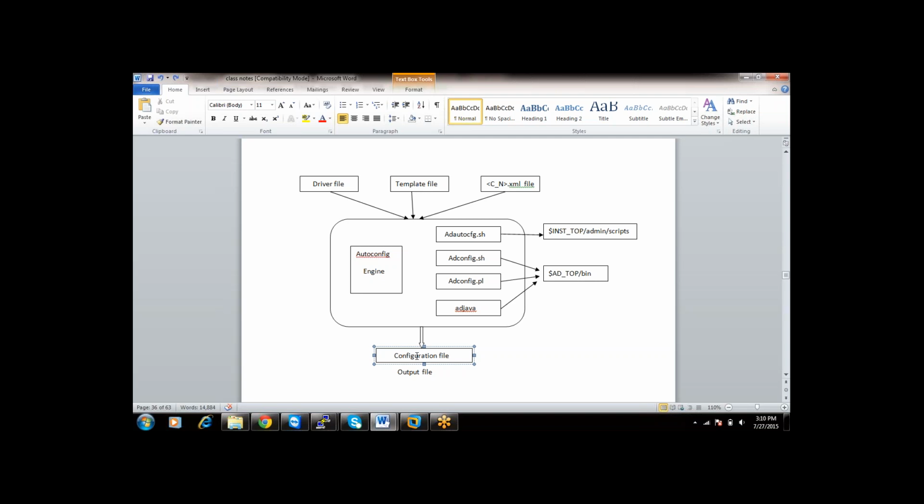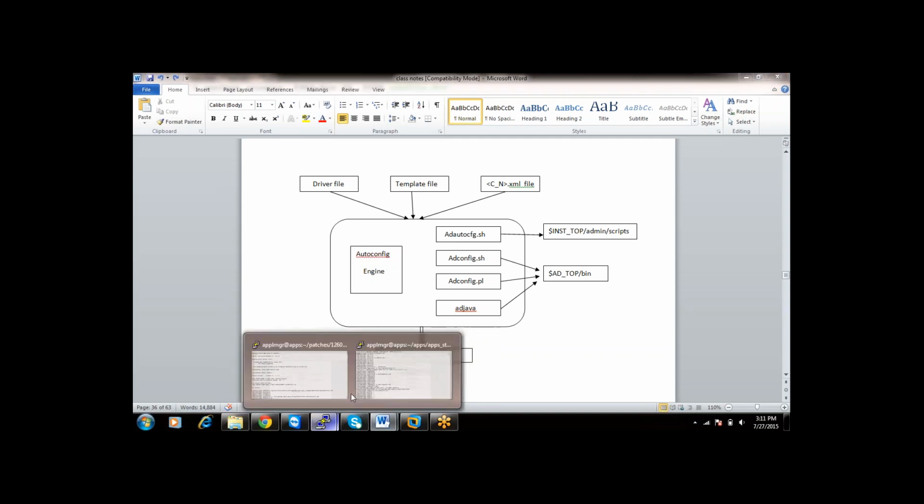When we change the configuration file directly, Santosh, will the driver file and template file get automatically updated, or do we need to make some changes to that? See, we are never touching a driver file. We are never touching a template file. We are only touching the context file. We are not even touching configuration files at this time. Let me just tell you one thing. I'll take you to the configuration file.